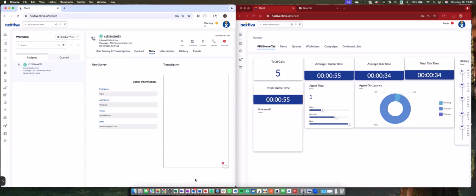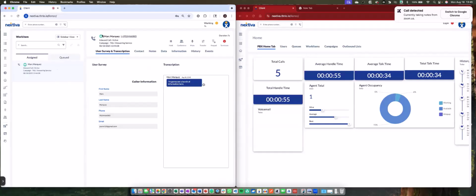Once I click on accept, I'm going to see a bunch of information here. I'm going to see the information that I have regarding this caller. Now, in all scenarios, you're not going to have information about that caller. In some instances, you're not going to care about saving that information.